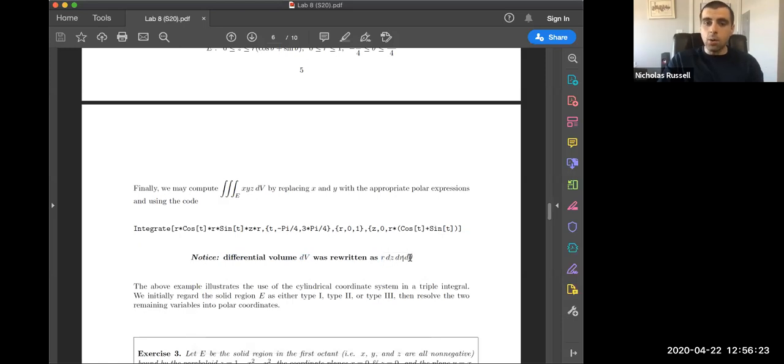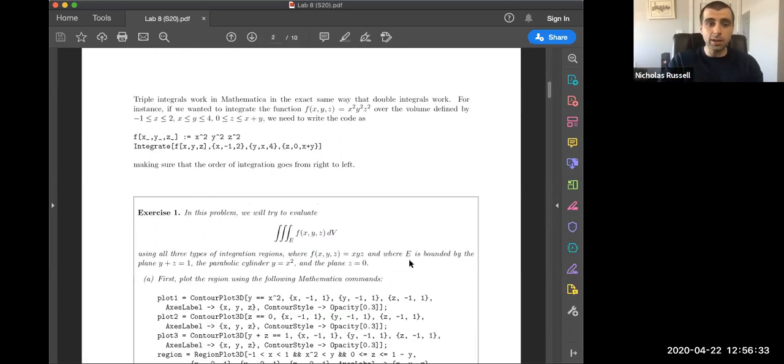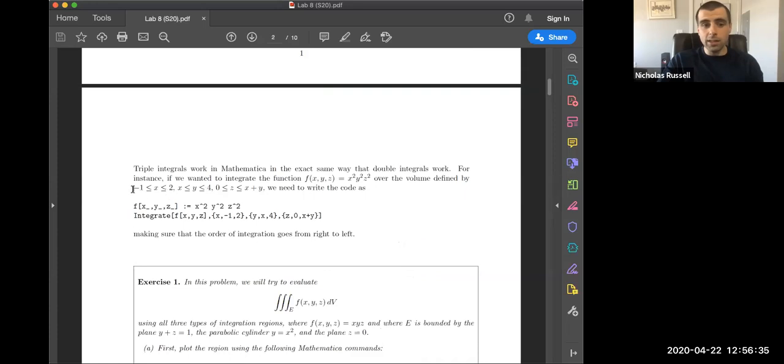Okay. Now, when you're doing triple integrals in Mathematica, it's exactly the same way, making sure you go in from the outside all the way to the inside. So coming back to here, if I want to integrate this, this limit, right? I'm going x from -1 to 2, y from x to 4, and z from 0 to x plus y. If I want to integrate this function, let's say f of x, y, z, I want to take this